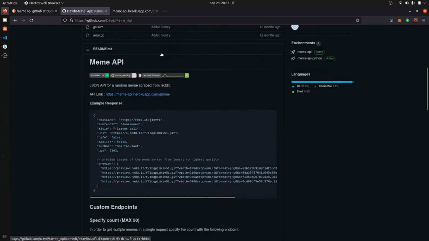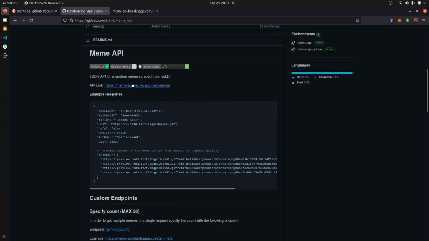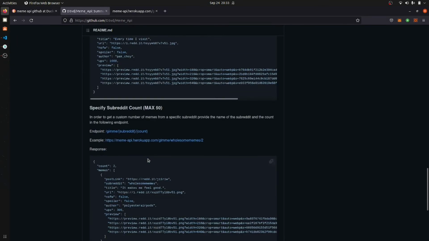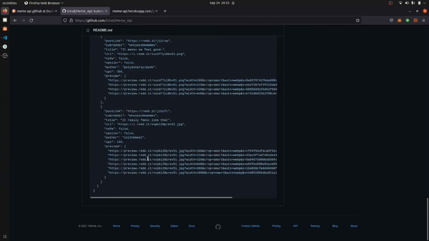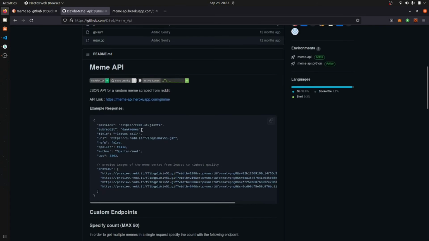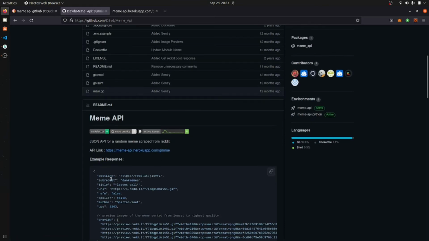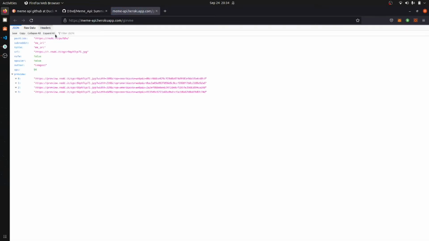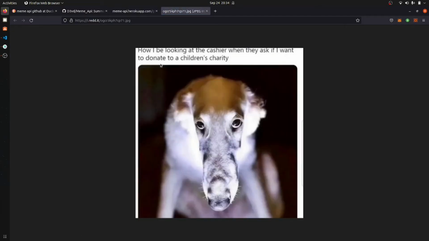You can also add NSFW false. If I refresh this, you can see that we again got a new thing.